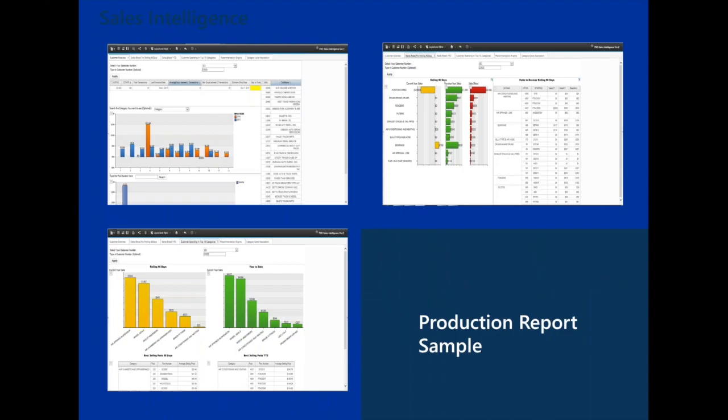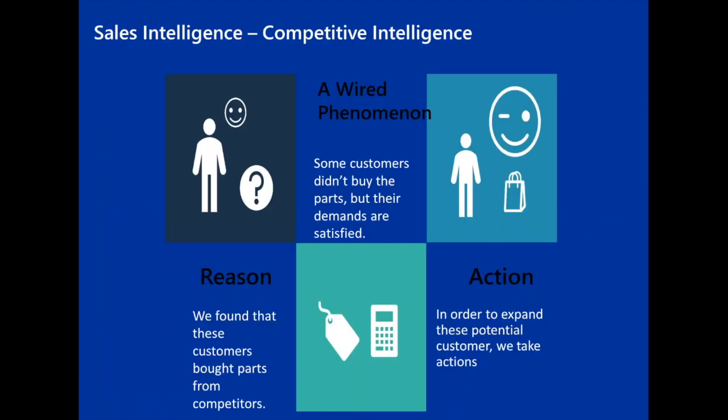What they're also trying to find out is, if I am looking at increasing my sales, how do I ensure that my customer base does not go and buy from my competition? How do I prevent that competitive intelligence from being leaked, or someone else gaining from me not being, as an organization, as proactive as I should? So what we found out was that customers who were in those buckets and did not call the organization, for example, if you're in the Honda bucket and you did not call for that steering part, there's something wrong about that. It's a weird phenomenon. You should be calling me because my models are 95% accurate.